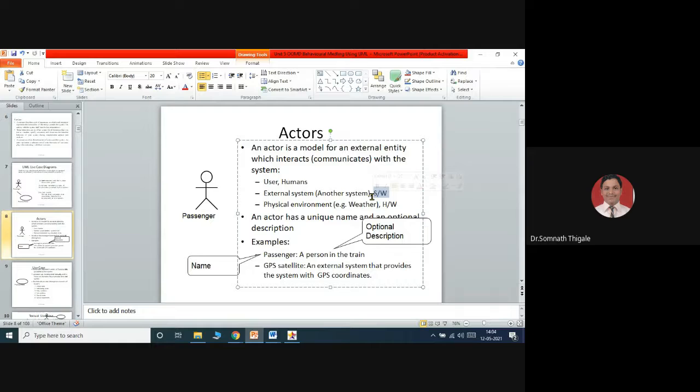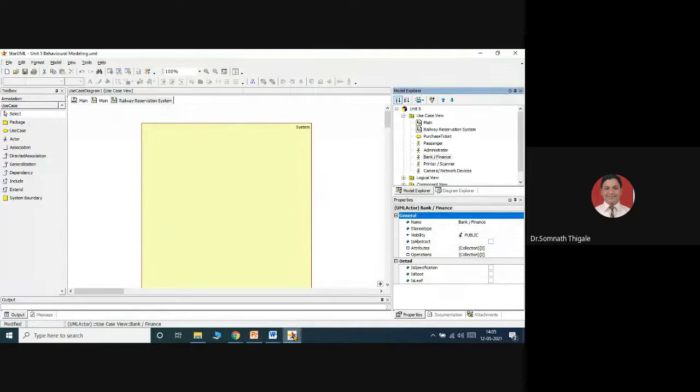Okay, so an actor, नेमिंग कन्व्हेन्शन्स लक्षात ठेवायचे. ऍक्टरला नाव देताना कसं द्यायचंय, so it should be a unique name and some description regarding that. मग त्या रोल वरूनच आपल्याला लक्षात येईल. आता पॅसेंजर, पॅसेंजर हे नाव दिलं आपण, पण त्या पॅसेंजर वरून तो काय काय करू शकतो हे आपल्याला लक्षात येत आहे. So we will just simply consider them in front of an actor notation. So I have just found out all the actors.